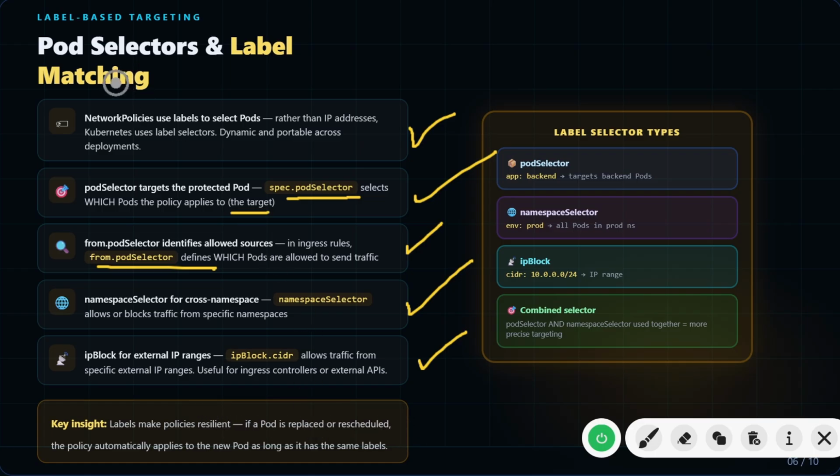And the key insight about this label-based targeting was labels make the policies resilient. Let's say if a pod is replaced or rescheduled, the policies will automatically apply to that new pod as long as it has the same labels. So that is how exactly it makes them resilient. And these are some label selector types. We have a pod selector, a namespace selector, an IP block, and a combined selector. Basically, by using an AND condition, we can add together pod selector and namespace selector,